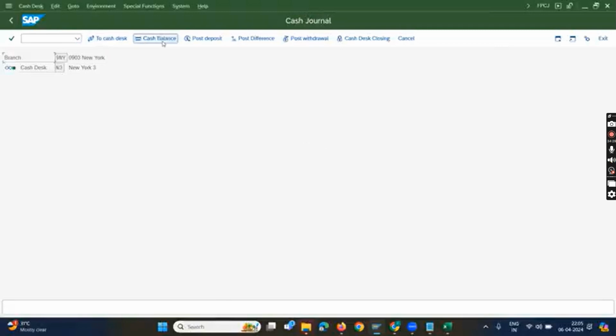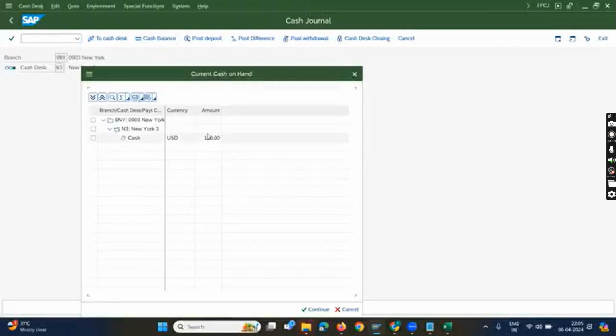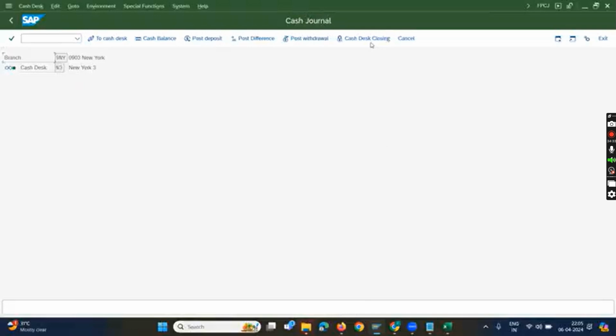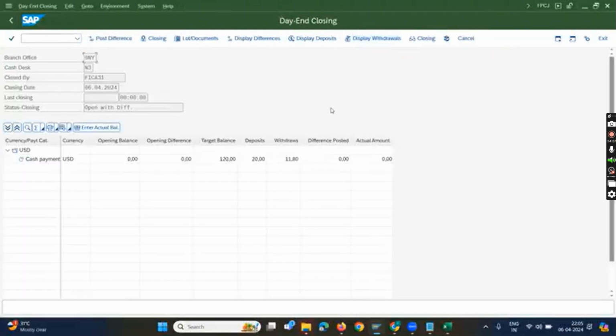Okay. So first I have to see my balance. How much is my balance? 120. Now let's close the cash desk with say 123. Okay, 123 means there is a profit because we have posted payments worth 120 in SAP, but we realize that actual collection is $3 more. Okay, so right now you'll see